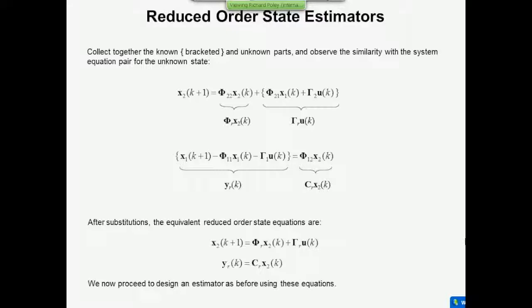I'm going to treat this as the new output. See, you've got to get your heads around this. It's not that difficult once you think about it. What you've done is made the second equation look like a state equation, and the first equation look like an output equation. So now you can define a new system matrix, which is phi22, and a new sort of input matrix. Well, it contains x and u. Don't worry about that yet. That's called gamma sub r, that matrix there, times u of k. And then that's the output, and that is the new output matrix. Phi12 plays the role of the C matrix, so it's the reduced order estimated C matrix.